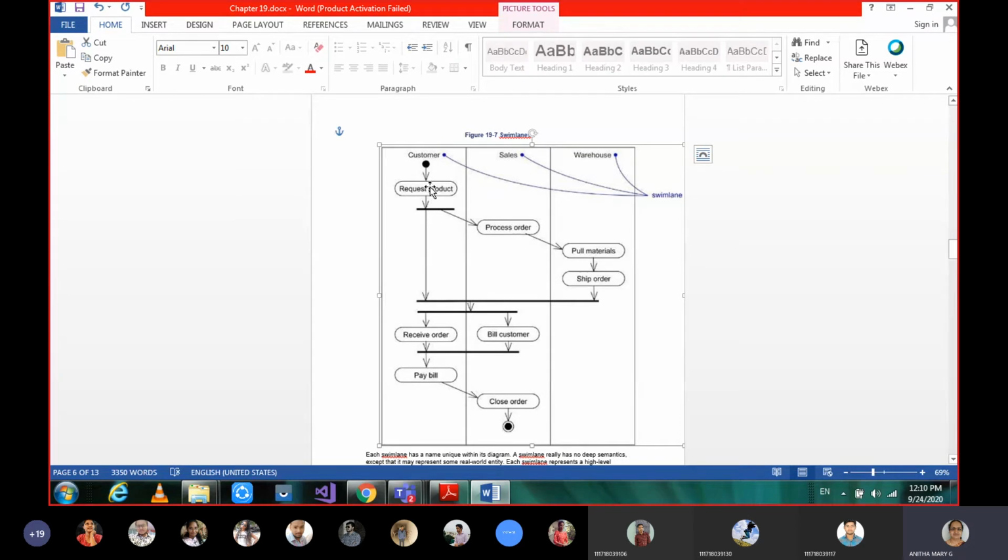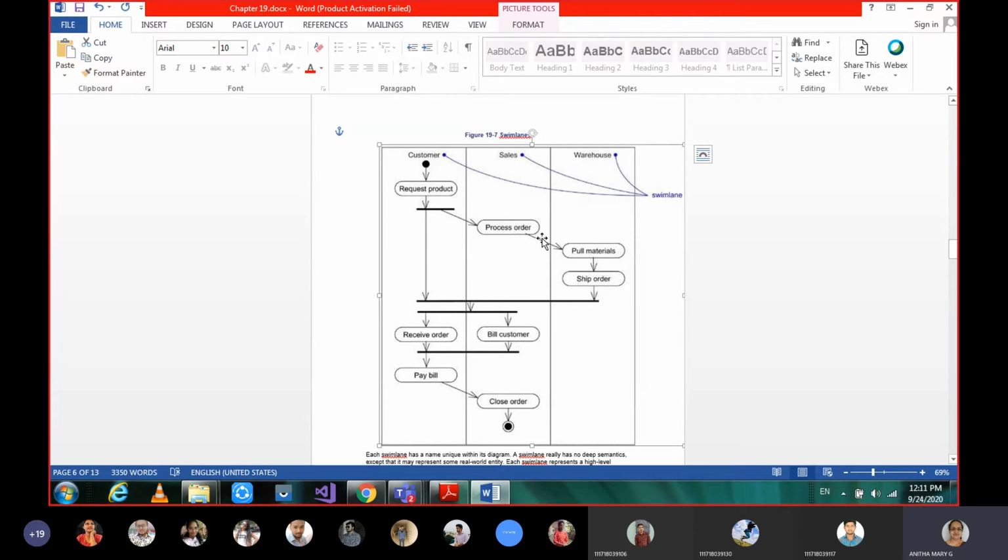So as a customer, he will first request the product. Okay, and the flow control here is getting divided into two. So using a synchronization bar, the one flow control will be divided into two. The flow control will be transferred to the salesperson, and the salesperson will take care of processing that order.